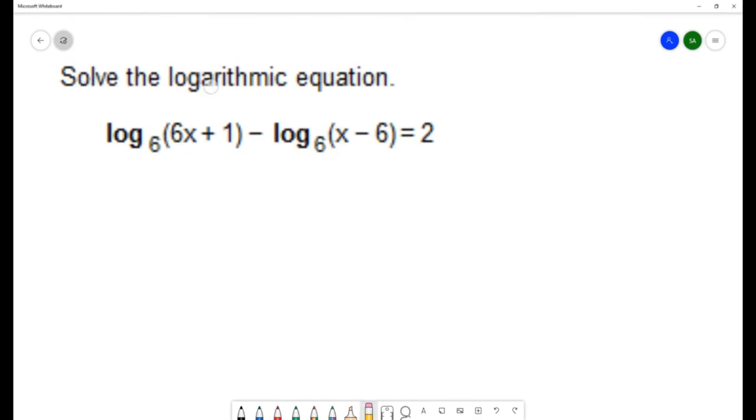We want to solve the logarithmic equation. I have log base 6 of (6x plus 1) minus log base 6 of (x minus 6) equals 2. I do notice that I have log only on one side of the equation, so I'm going to use the method of converting to solve this log equation. That would give log